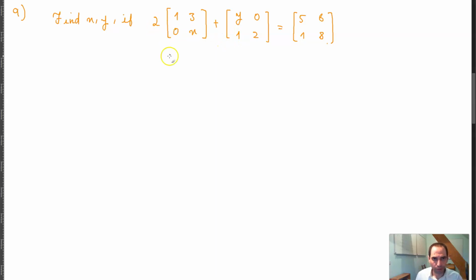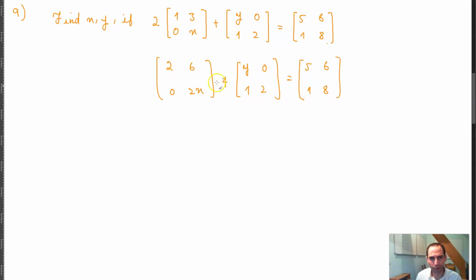So if I multiply this 2 by this matrix, I'll get 2 6 0 2x plus y 0 1 2 is equal to 5 6 1 8. And then if I add these together, I'll get 2 plus y, 6, and then 0 plus 1 is equal to 1, and 2x plus 2 is equal to